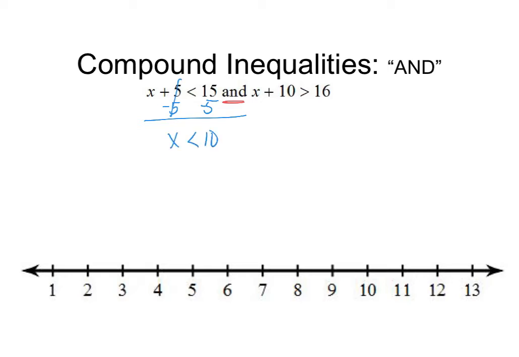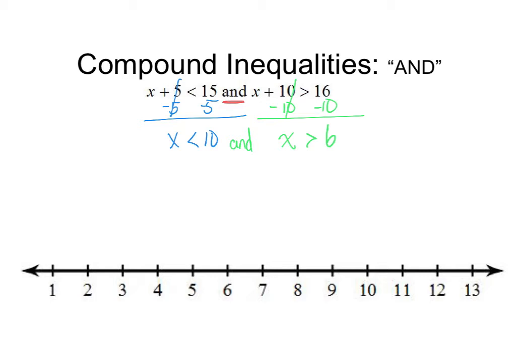Now I'm going to solve my next one. Minus 10 on both sides to isolate my variable. x is greater than 6. So my answer is x less than 10 and x greater than 6. But now I want to write my answer as one instead of two separate